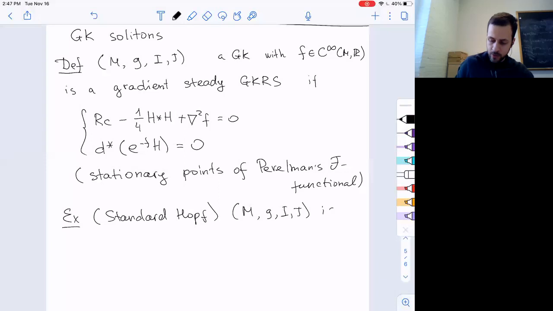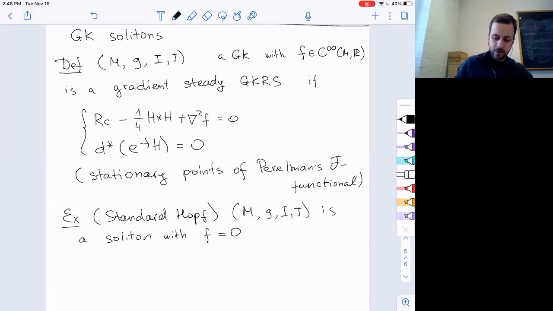M, g, I, J is a soliton. So when I say soliton, I mean gradient steady generalized Kähler Ricci soliton, with the function f just being 0 or constant. So in some sense, it's not an interesting example. It's in a sense trivial because f is 0. But it's also interesting in some circumstances, because this in particular happens to be Bismut-Ricci flat. This is a setup which Josh and Mario